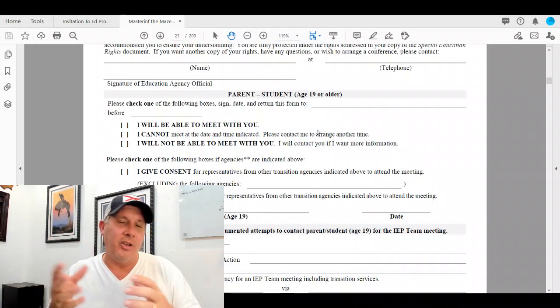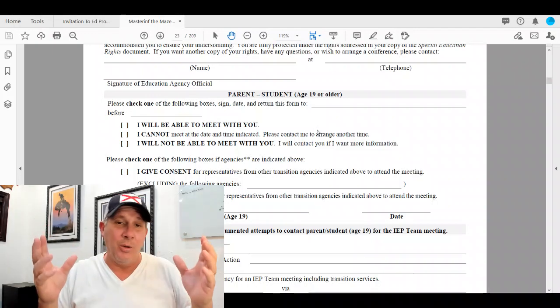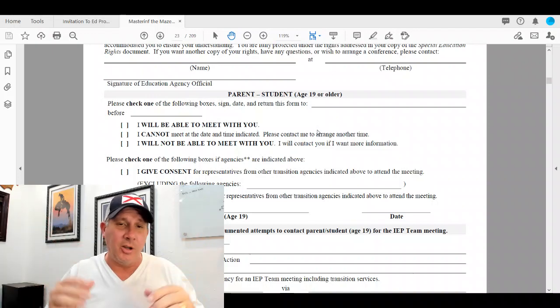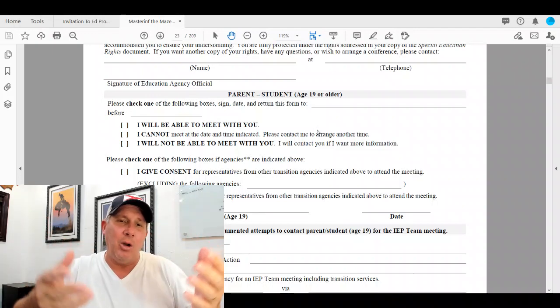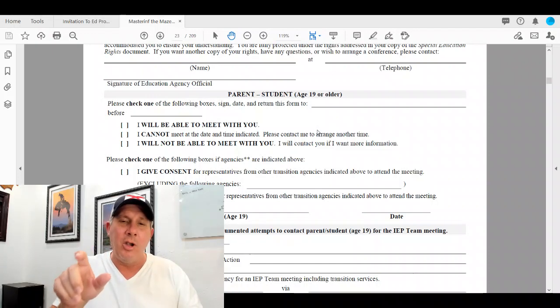And some of this is purposeful, and some of it is just pure selfish ignorance, that I'm just not going to sit there and pay attention. Or maybe they don't understand that this is a collaborative process to schedule with the parent and identify a time that works for the parent.